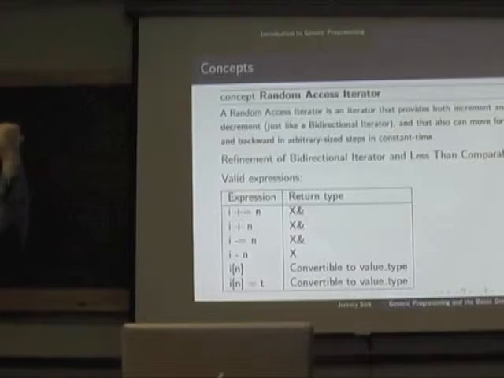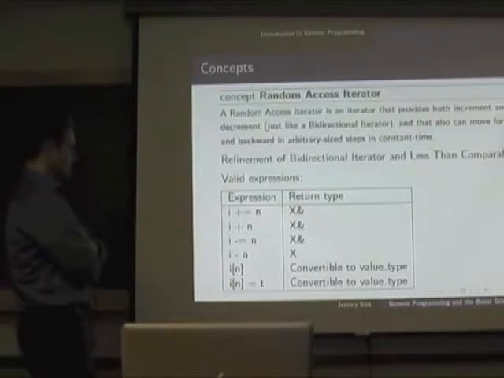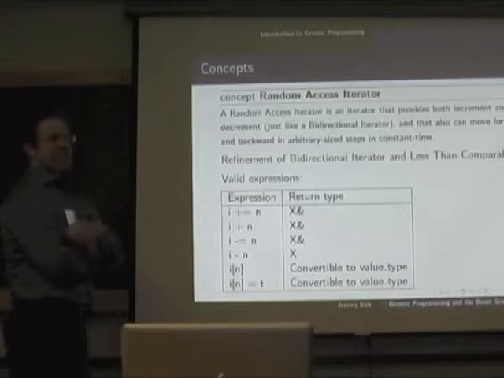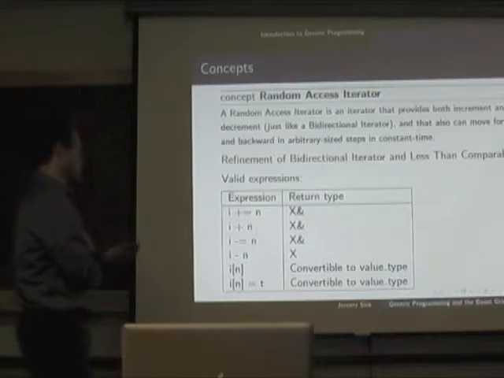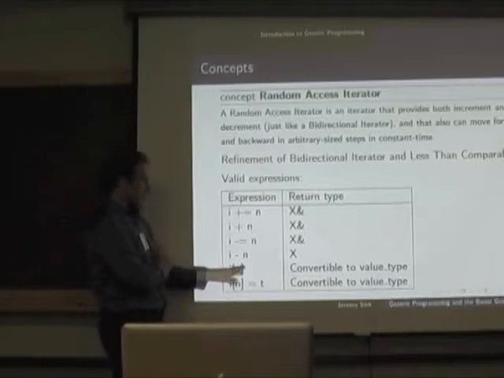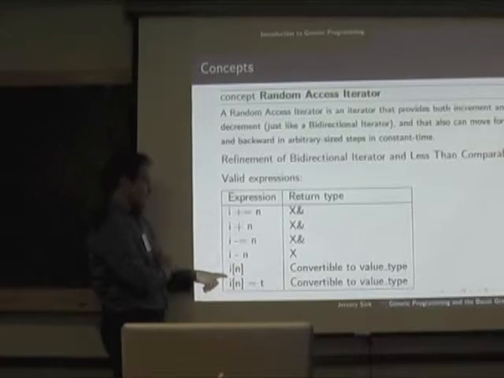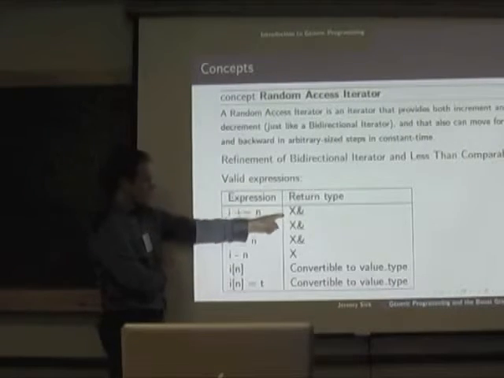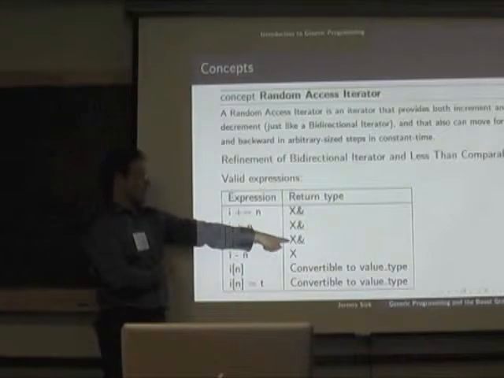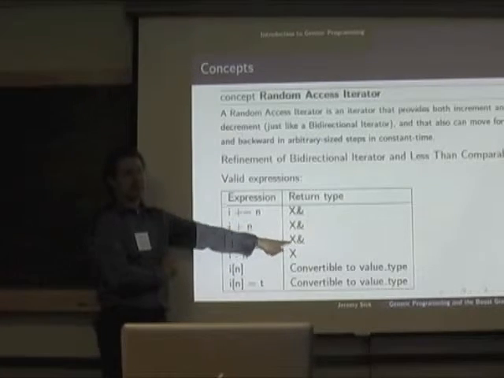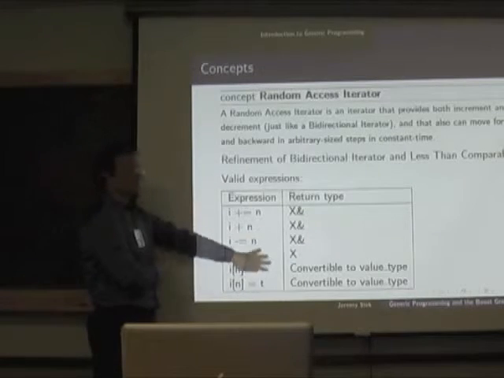We're actually going to talk about this issue a little bit. And I was going to say in your slide over there, to be a true random access iterator, that should actually say convertible to value type reference. This is really tricky. I've dealt with so many standard bugs. We had bugs in the standard. I think this is right actually, but it's sort of been controversial. But you're definitely right that there are lots of situations, like just in the plain old dereference, where it's going to have to be a reference return type. Well, you're absolutely right about that. I think that's right, but it's just a big mess, actually.